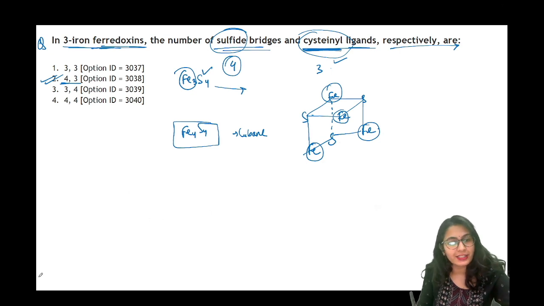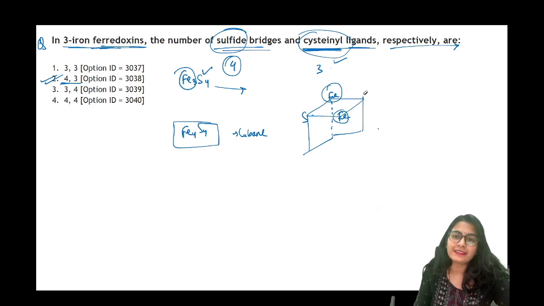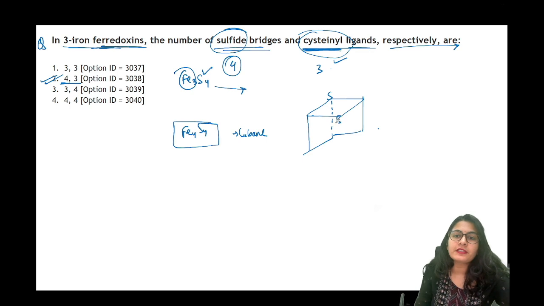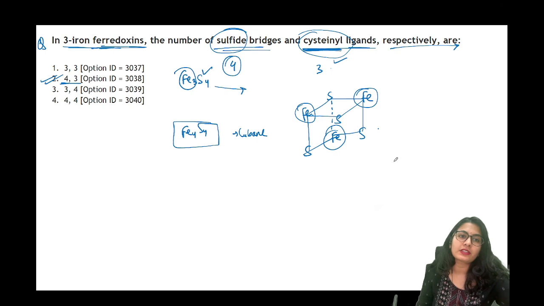मुझे थोड़ा उल्टा करना चाहिए था. I should write sulfur on the place of iron because I need 4 sulfur and only 3 iron. Okay, so we can just change it in 1 second. Yes, क्योंकि हमें 4 sulfur चाहिए. So let's say I'm writing sulfur, sulfur, sulfur and sulfur on all the alternating positions. So I write 1 iron, another iron, another iron. Only 3 iron and 4 sulfur ferredoxin. Okay, this is the structure. One vertex missing from the cube.